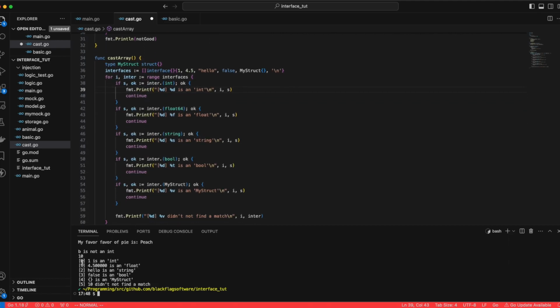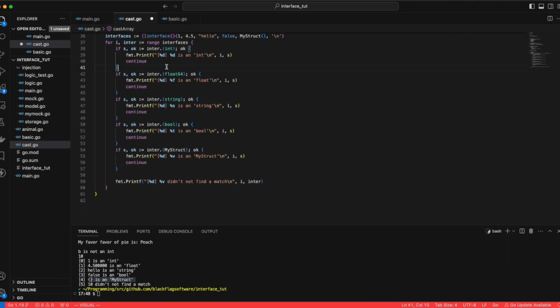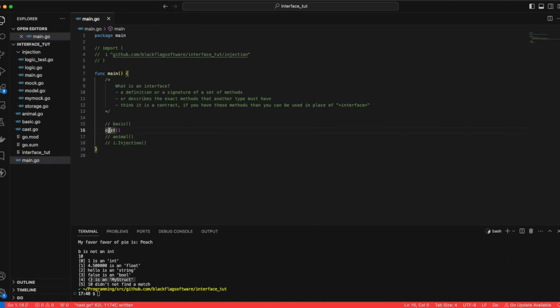And then you'll see that each one of those, and I'm just printing off the index of this array to prove that I'm going 0 through 5, and you'll see that all of these went through the proper decision if statements correctly. And the last one didn't find a match, so that's what it prints. So there you go. That's kind of the cast,